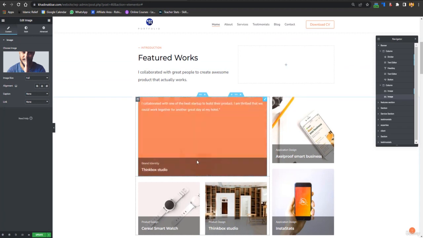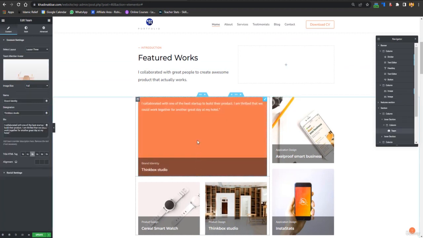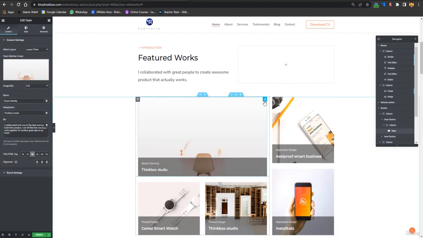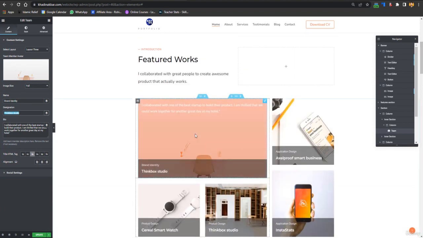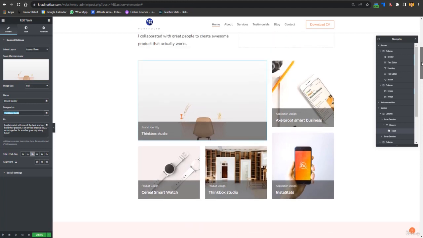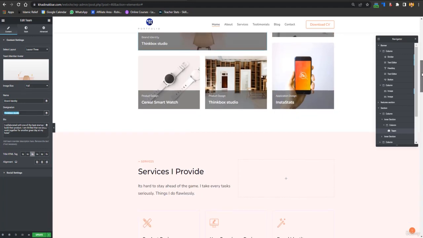And in featured works, you can edit each featured work. Just click on each featured work, and from here you can change the avatar, and then you can change the name of that featured work, and then you can change the designation as well, and also the bio about that thing as well. And these are different sections divided into columns, and if you want to edit each of them, you can edit them very easily, and it's not a hard job.